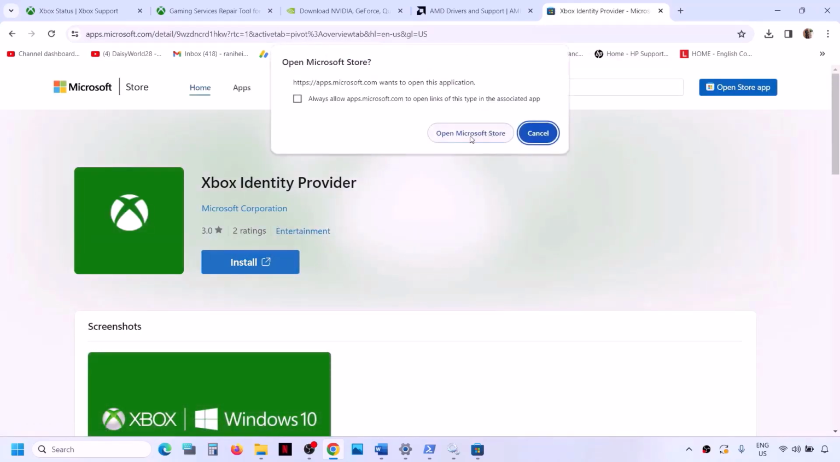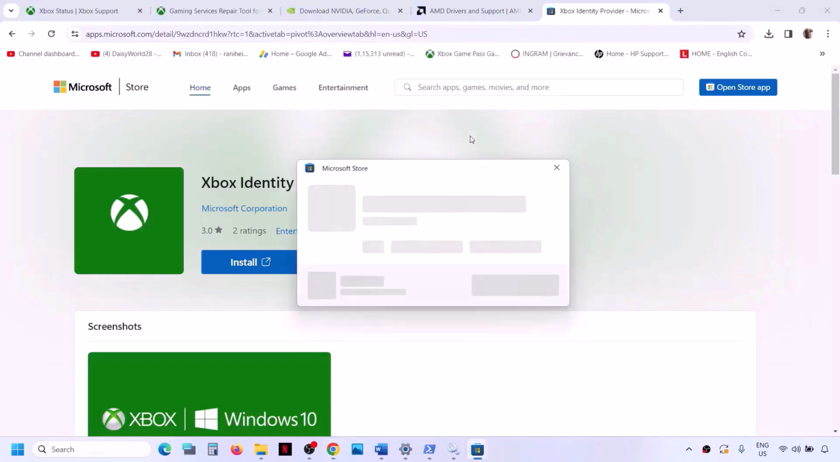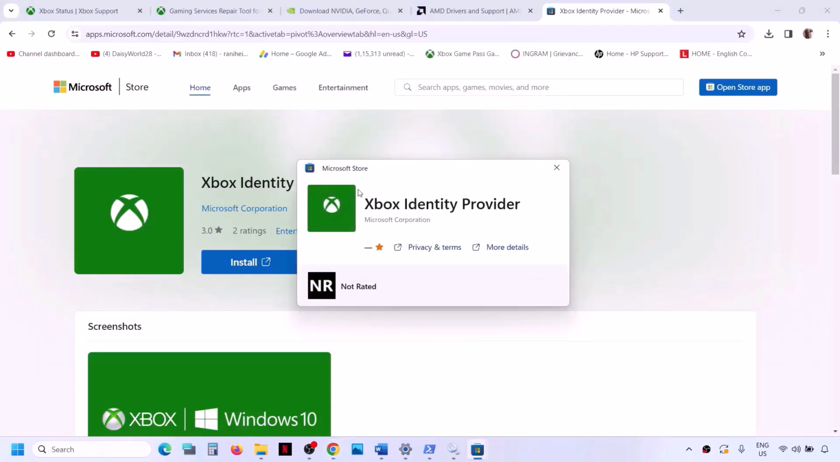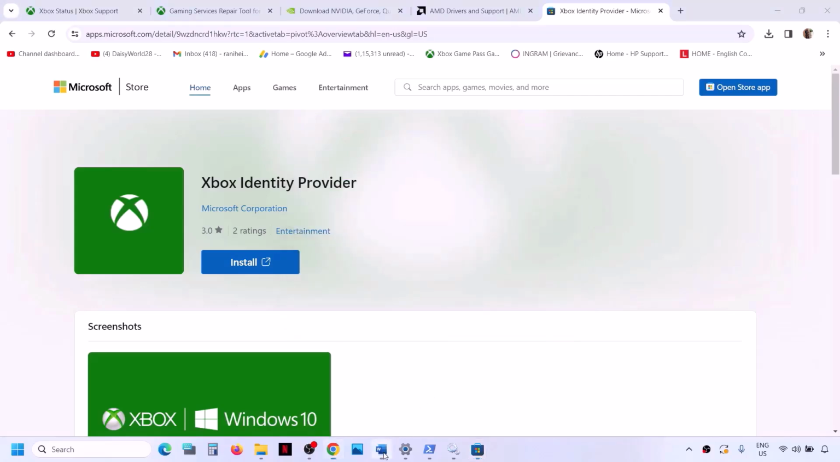Click on install. It will prompt you to open Microsoft Store. So click on open Microsoft Store. Now if Xbox identity provider is not installed, you will see install button over here. In my case, this is already installed. That's why there is no install button. But if you see the install button, click on install and then after the install, you can try to launch